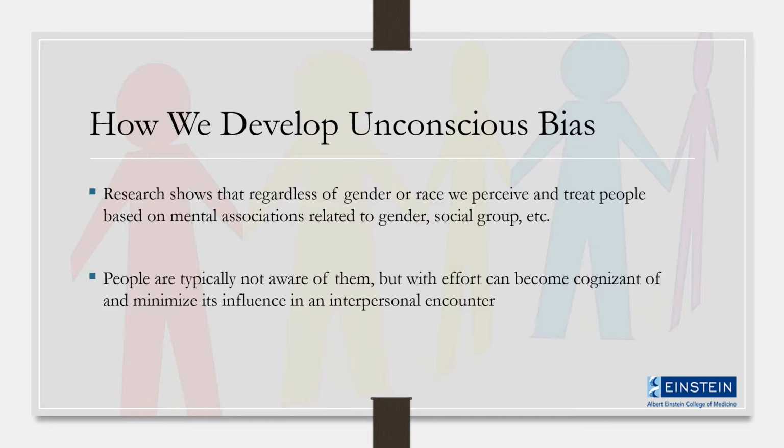So if we all have biases, how do we develop them? There is a great deal of scientific literature about the subject. However, in the end, it's very much about how we are socialized, the environment we grew up in, the media we watched, and other influences in our social circles. This does not mean that racism, sexism, or any other ism doesn't exist. The focus of this module is to discuss the effects of unconscious biases on the behaviors of good people with good intentions. So how is unconscious bias developed? Let's take a look at the following video from the New York Times titled Peanut Butter and Jelly.